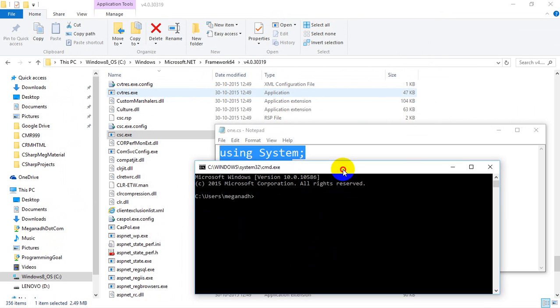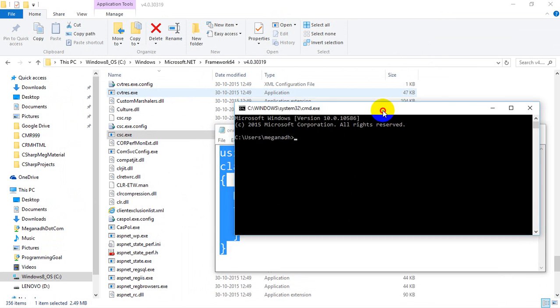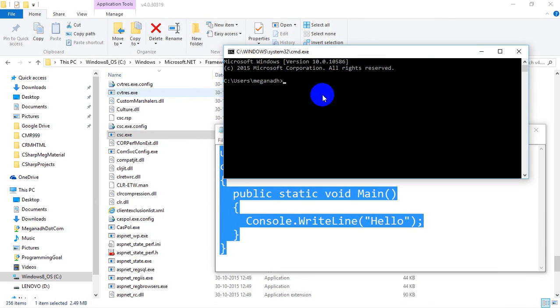Now I need to go to the path where I have my 1.cs file. That is present in the D drive. If it were in the C drive, I would need to go back to the C drive. If I want to go back to the parent folder, I need to type cd dot dot, cd dot dot. But I need to go to the D drive, so I need to type D colon. Now I'm in the D drive. Now I need to go to a folder called C# projects, so I type cd, change directory, and C# projects. Now I'm in this path.